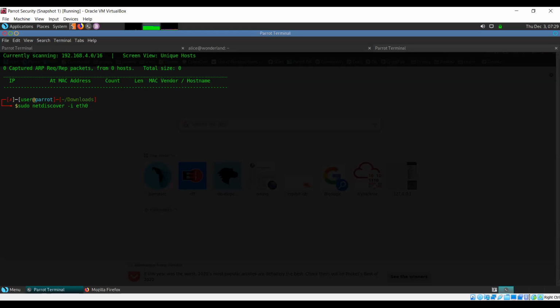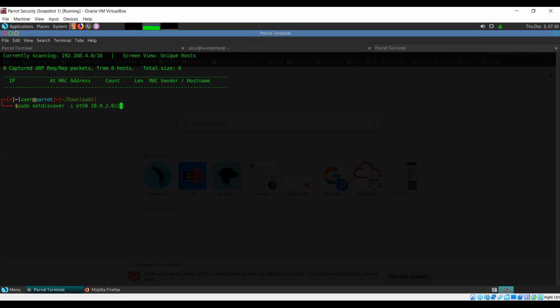And if I don't specify anything, it will just start searching in all private IP address ranges. But in order to not waste our own time, we should specify the range as well. 2.1 you can say, or 2.0 if you want.